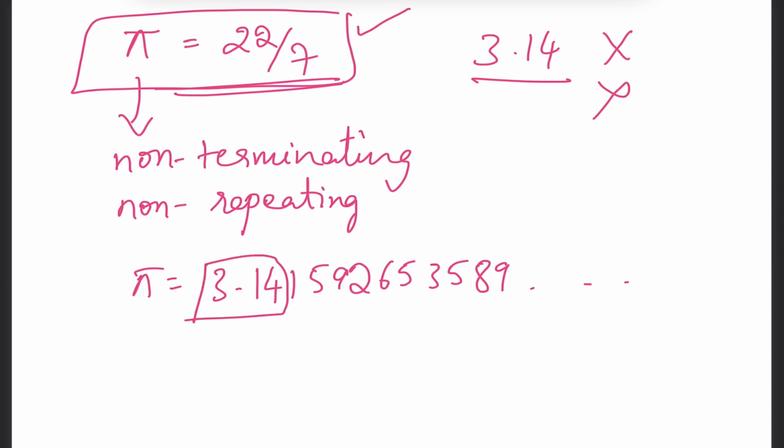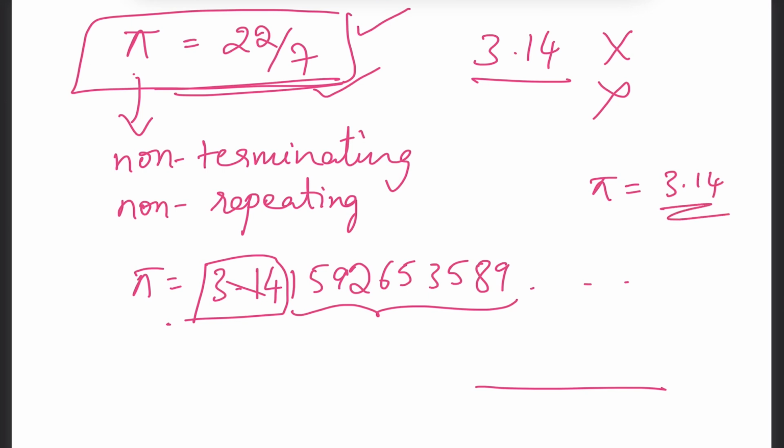And when we are calculating, we will just take two places of the decimal value. And when you get the final answer, there will be a variation in the answer because we have not taken the complete value of pi. Hence, it is better to take pi as 22 by 7. Only if it is mentioned in the question as use pi is equal to 3.14,